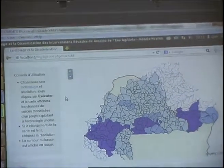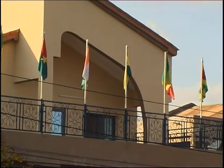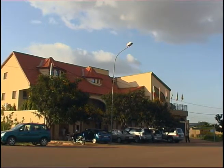If you look at how TAGME has come about, it's supposed to be a tool that has been developed by scientists, and this tool is supposed to support decision makers. It's also supposed to support extension workers in making decisions with respect to where it's likely that there will be success in